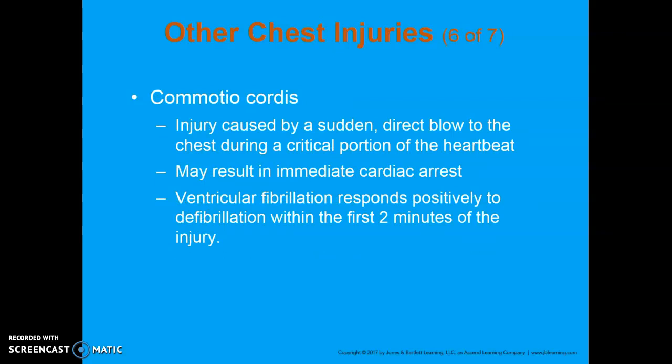Commotio cordis. So this is a chest injury because of a sudden direct blow that occurs at a critical point in the person's heartbeat or their cardiac cycle. And so it sends the person into immediate cardiac arrest. So like people that have taken a baseball to the chest or bull riders that fall off and go into sudden cardiac arrest, maybe because of this. So you actually have a